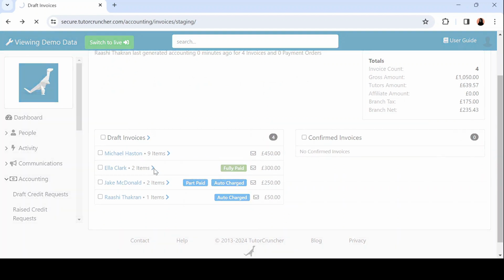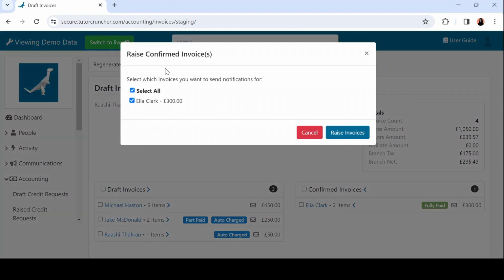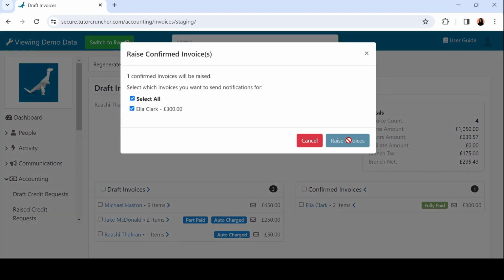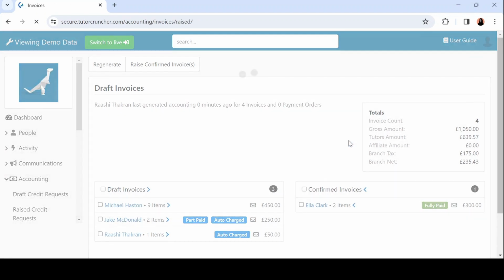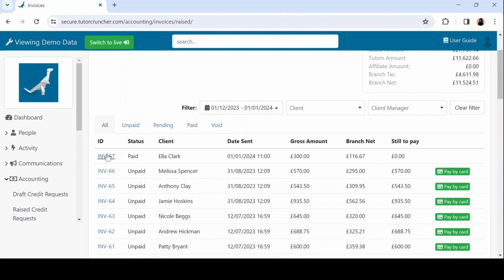So we confirm the invoice and raise confirmed invoices, raise invoice. And now you can see that this invoice has been fully paid using the credit on Ella Clark's account. Now, the other person that we're going to look at is